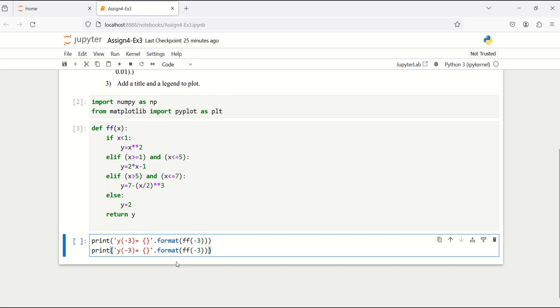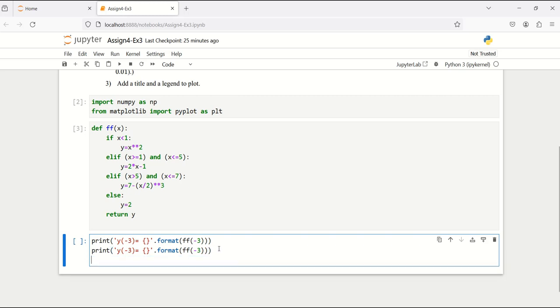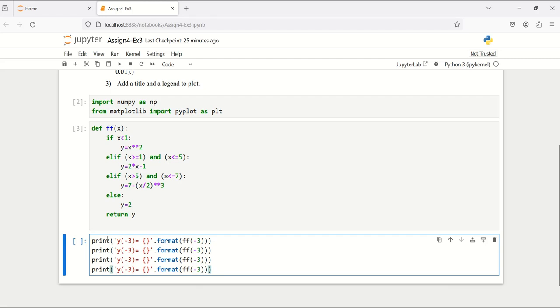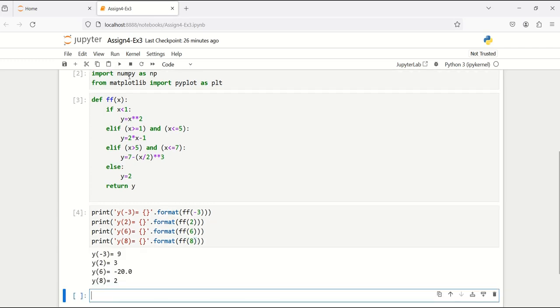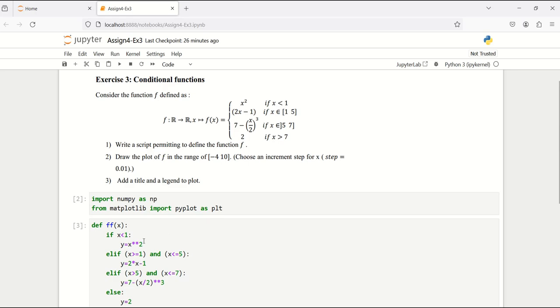For the others, let's do the same thing. We can create a loop, but I don't want to complicate it for you. I'm going to do it like this: f of, between 1 and 7, I'm going to put the value 2, here 2, here you have 6. And for x bigger than 7, let's try 8. If you run all this,